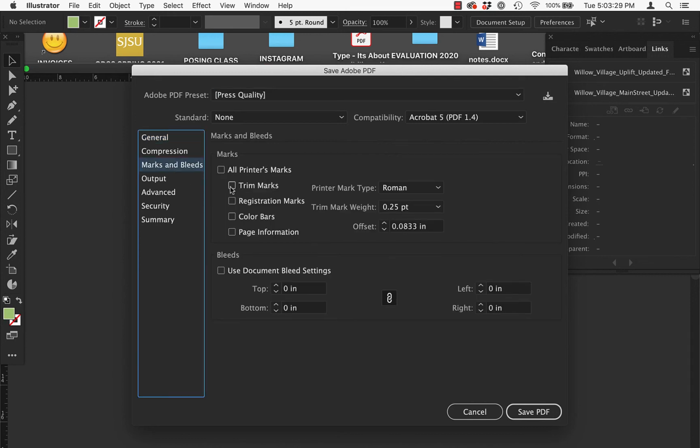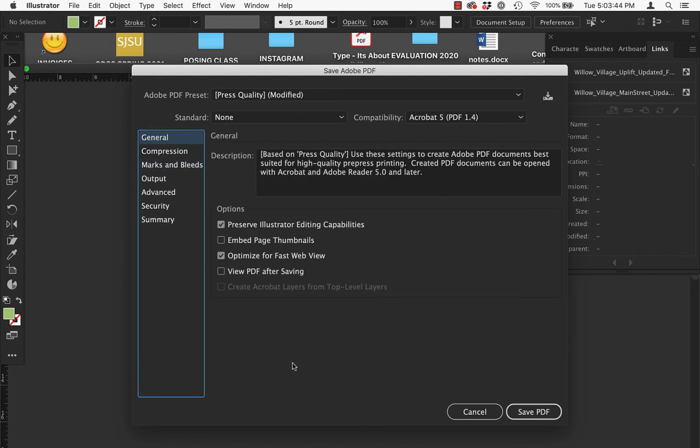I'm also going to hit Trim Marks, which are the marks showing where this thing gets chopped or cut by a printer. And I'm going to add bleeds, and so I put an 1/8 inch bleed in this file. I'm going to do all that, and because it's possible that the person that opens this might need to edit it, I am going to leave this box checked. I'm going to hit Save PDF,